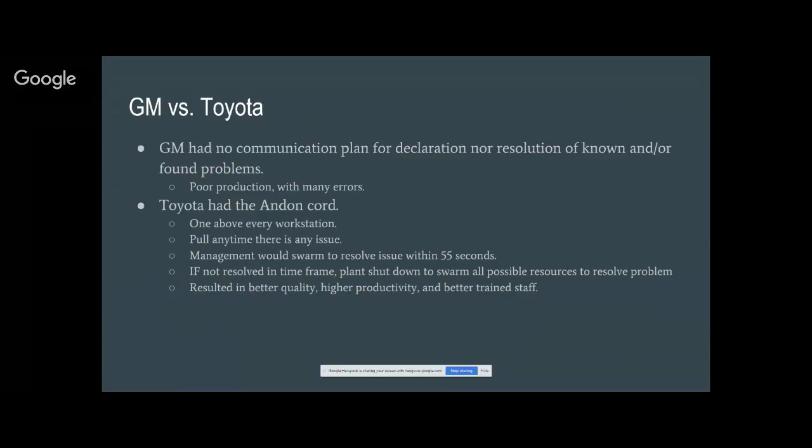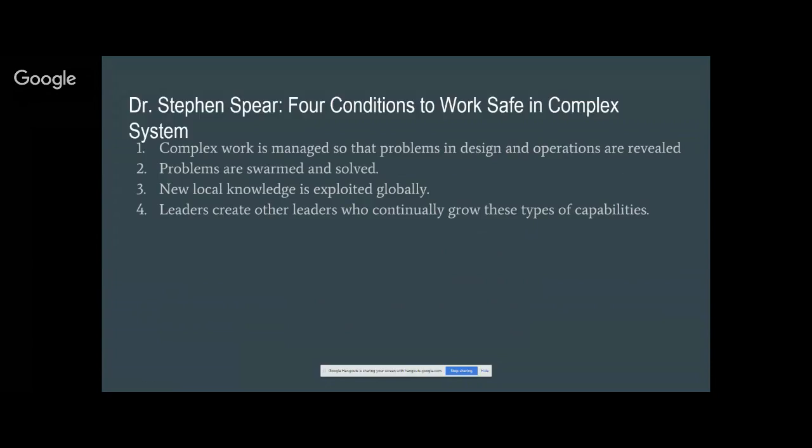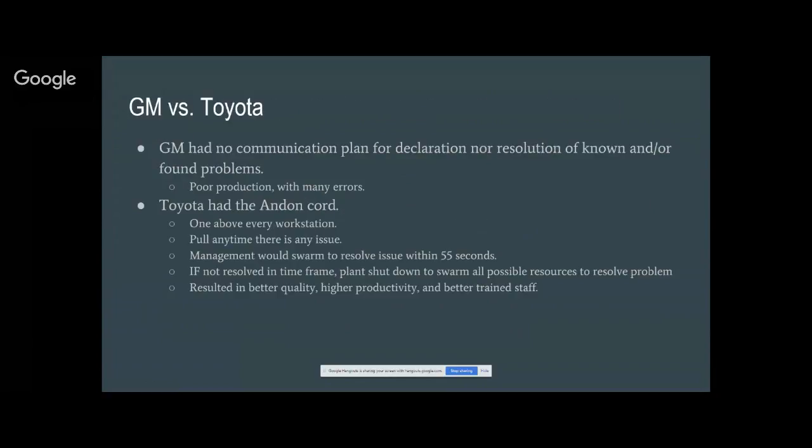Now, this is where we talk about efficiency. The same doctor, Dr. Steven Spear, excuse me, this was done by a different doctor, I apologize, but both a GM plant and a Toyota plant were observed and looked at for this problem discovery and problem resolution processes. And the GM plant